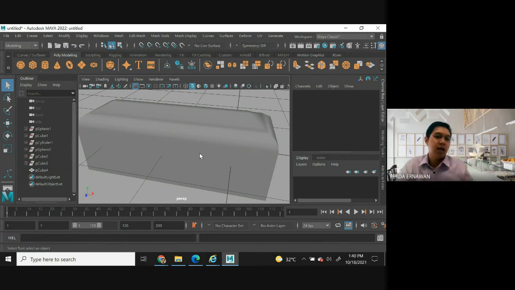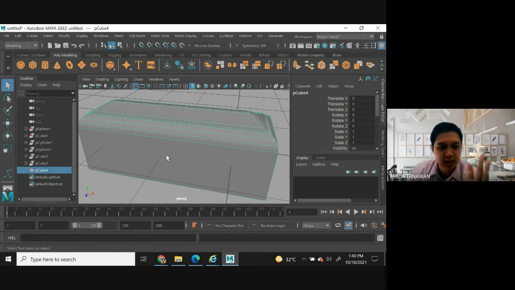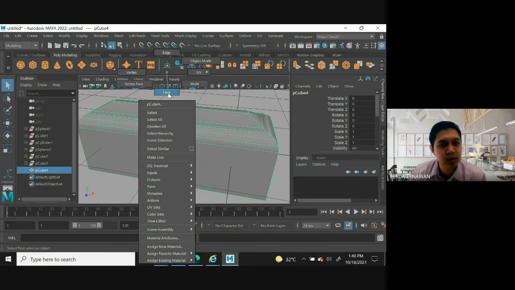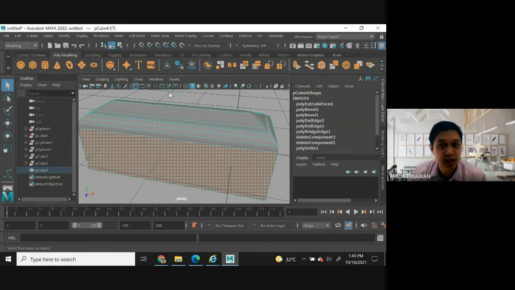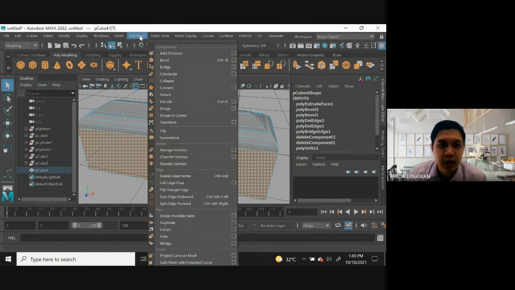How? Again, you have to select the object, right click like this, choose the face here. Let's say I click this one, and then click the edit mesh and choose detach.